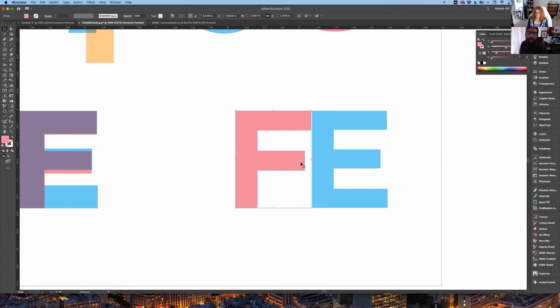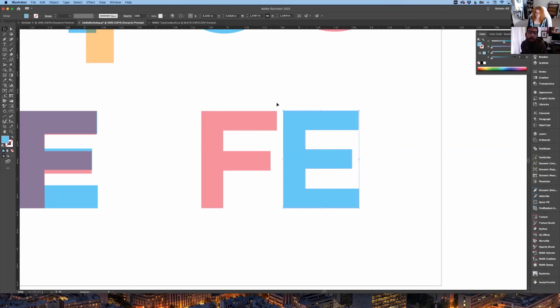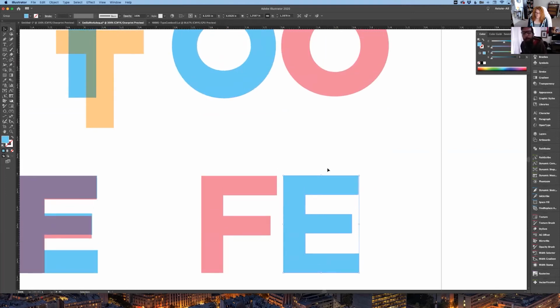I find it really makes me respect type designers a lot more, to think all this thought and process goes into it. When they're designing these, they look at this F and then they pair it up with an E, and then with an A, and then with an O, and they make tweaks depending on these combinations, so that whenever you look at it as an entire family, it works well together. They all play well together. So anyway, that's what I want to teach everybody: to respect your